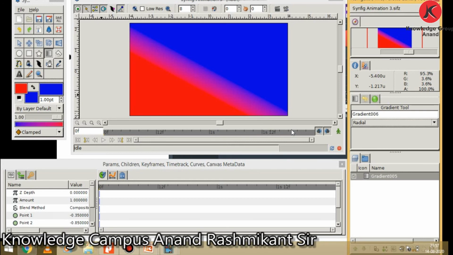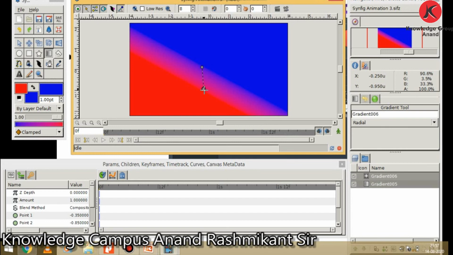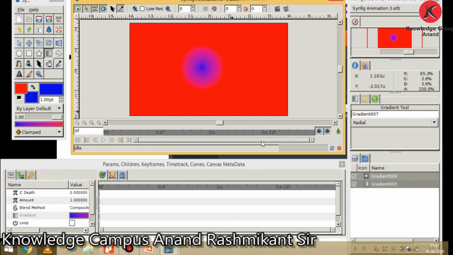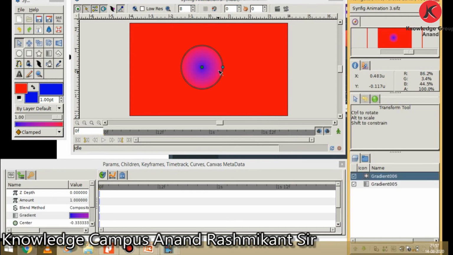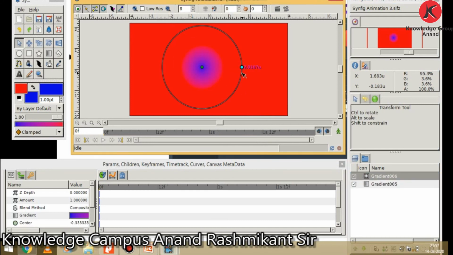Click where you want the center of the circle to be and drag to set the radius of the transition. So if you want to apply a radial gradient effect, then drag it. You can now see it's a radial effect. You can increase or decrease its radius.